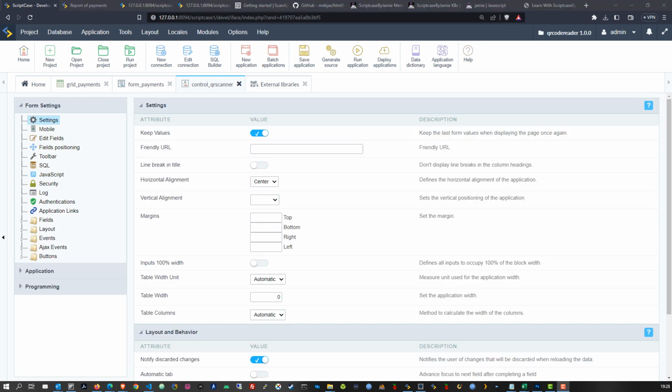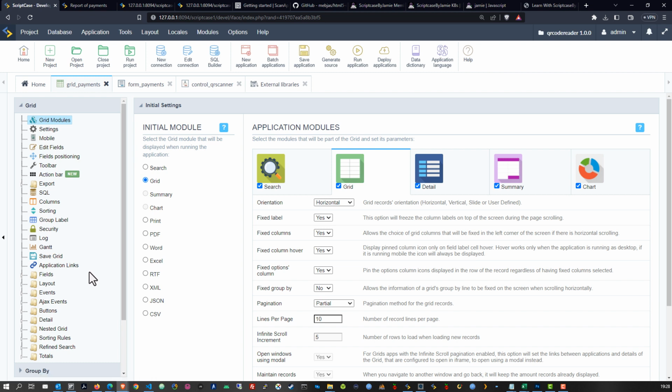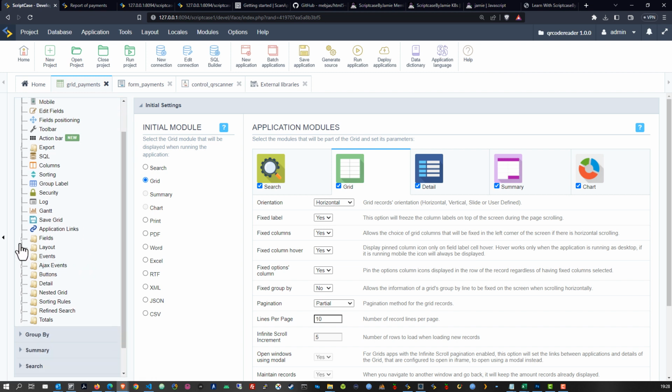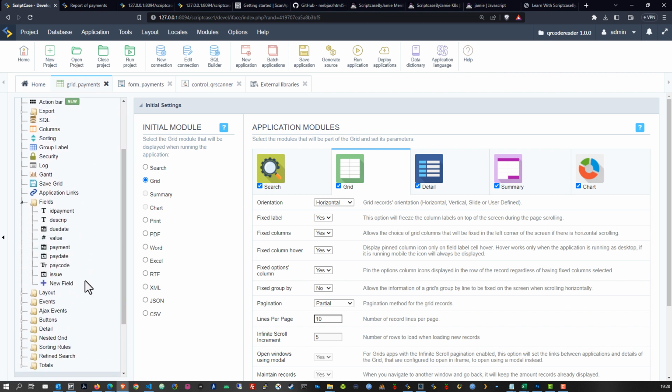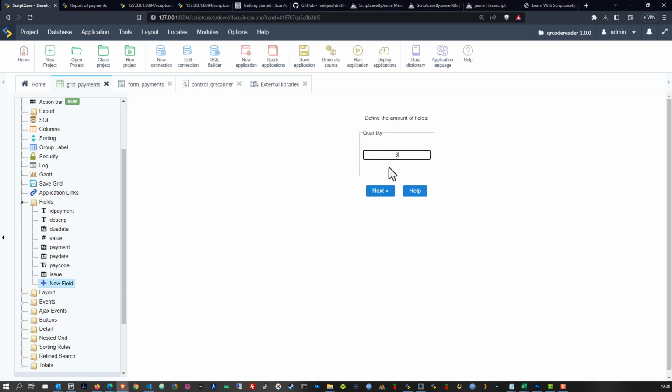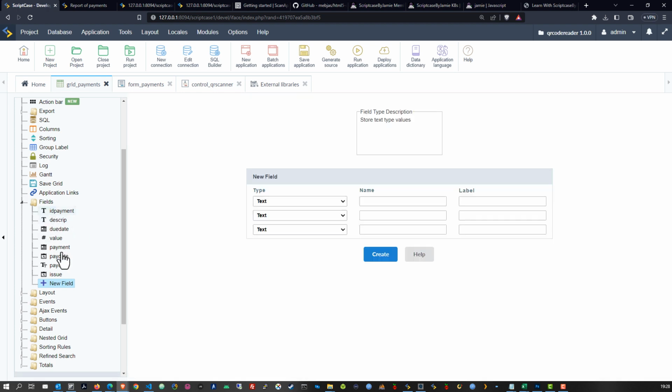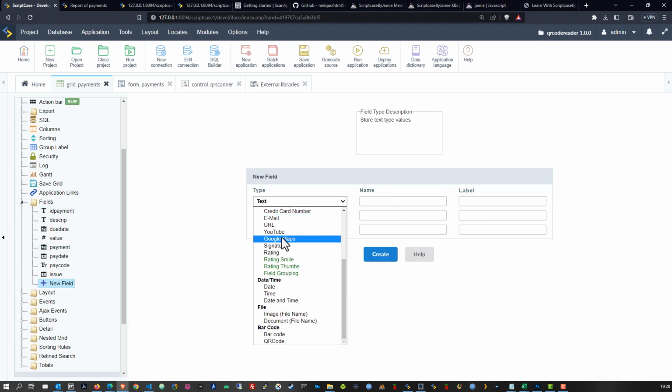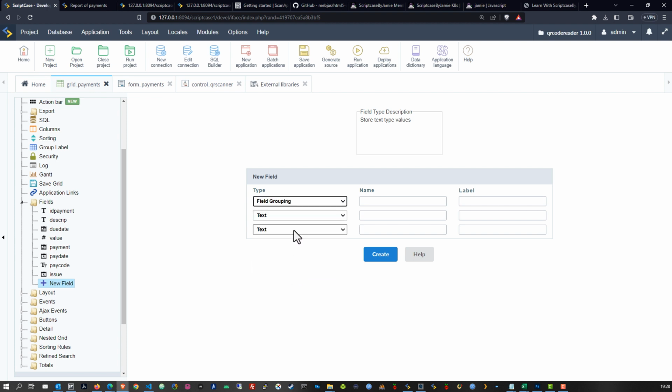Before we finish up, I want to add one more feature here to the grid payments, which of course we have in the presentation there. So I'm going to apply those here as well. So here within the grid, let's add 3 new fields. And what we're going to do is group some of the data that we have here. Instead of having it all in one field or 3 fields or 6 fields, we can place 2 fields in one. So here I will set my field type as a field grouping, and I will do that for all